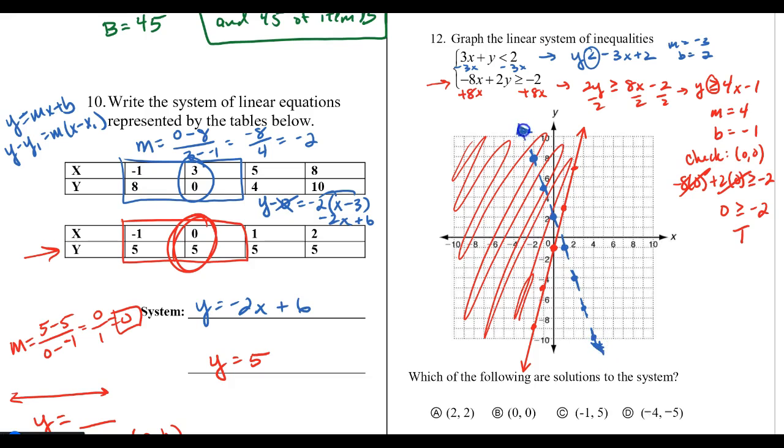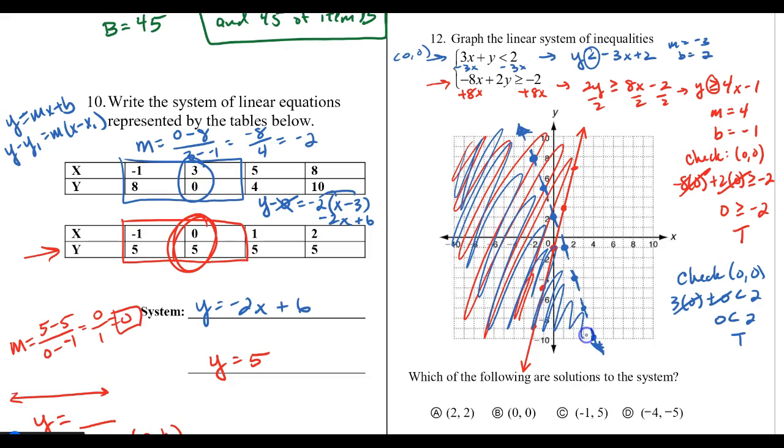So there's my line, and I'm going to check a point in here. Again, I can check 0, 0. So if we check 0, 0, we get 3 times 0 plus 0 is less than 2. Zero is less than 2. That is also true. So we're going to shade the 0, 0 side, which is